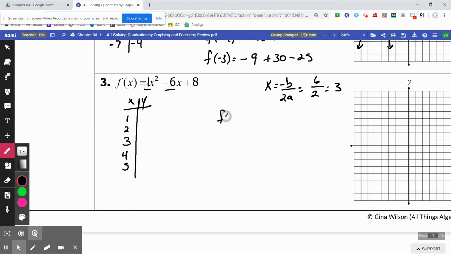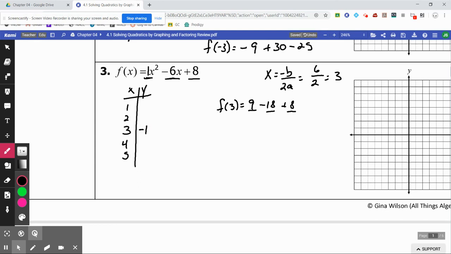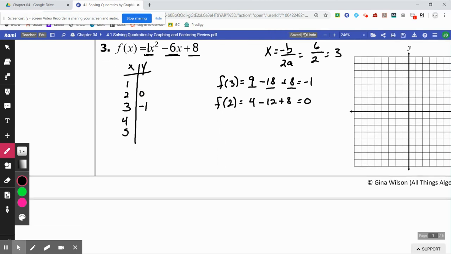When you find f of 3, plug in that 3, gives you a 9, a -18, and a +8. 9 and 8 is 17 minus 18 is a -1. So that's what goes in the middle. Let's find f of 2. That'd be a 4 minus 12 plus 8, that is -8 plus 8, which is 0. And we already know that's going to be one of our x-intercepts. So (2, 0), and we already know where our other one's going to be, but we'll go ahead and finish